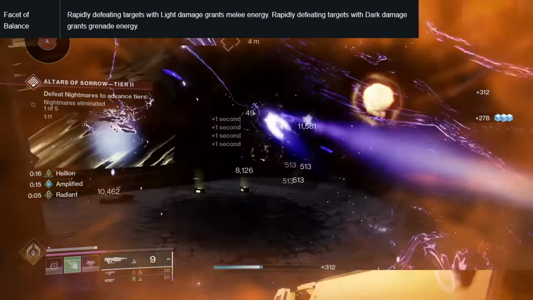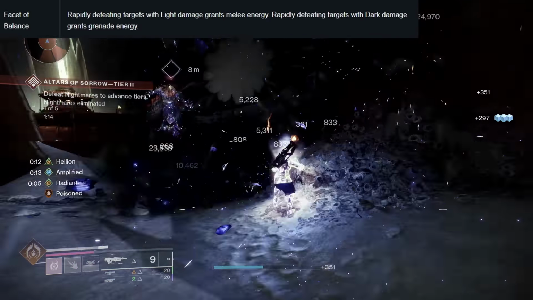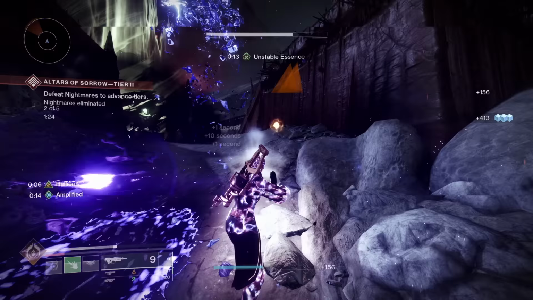Rapidly defeating targets with light damage grants melee energy. Rapidly defeating targets with dark damage grants grenade energy. And Hellion and Arc Soul and Lightning Surge are all light sources, feeding us tons and tons of arcane needle energy